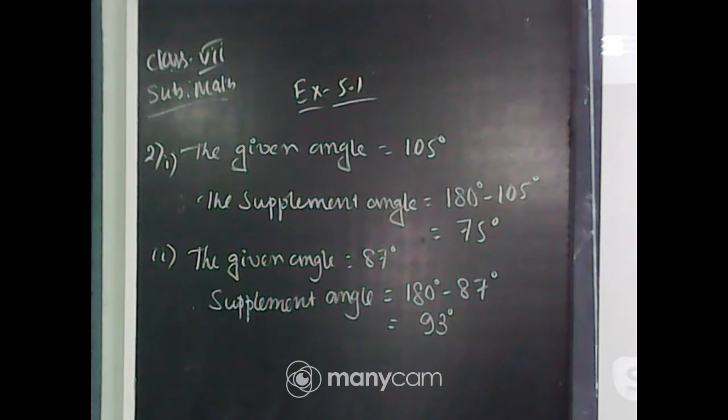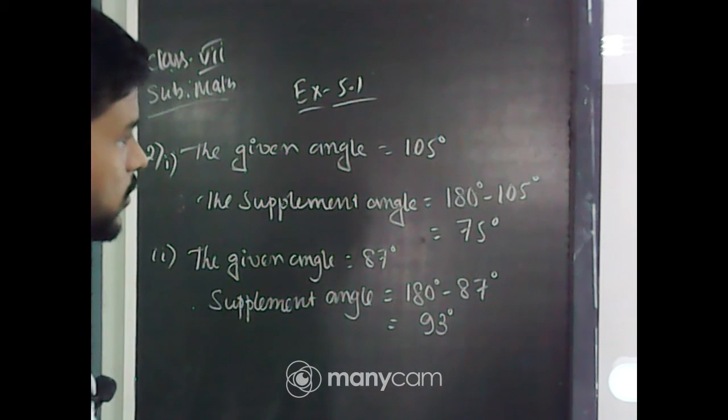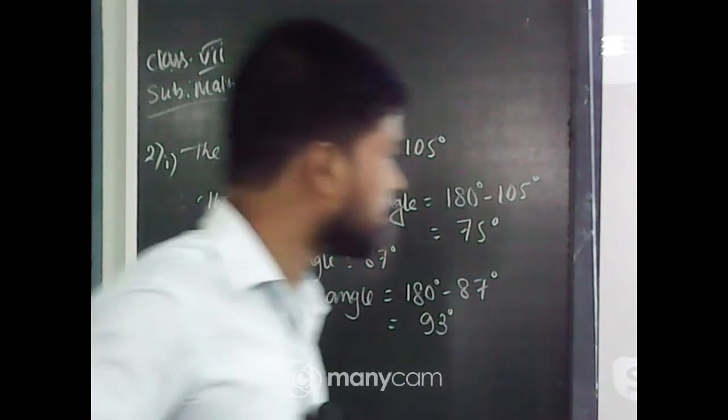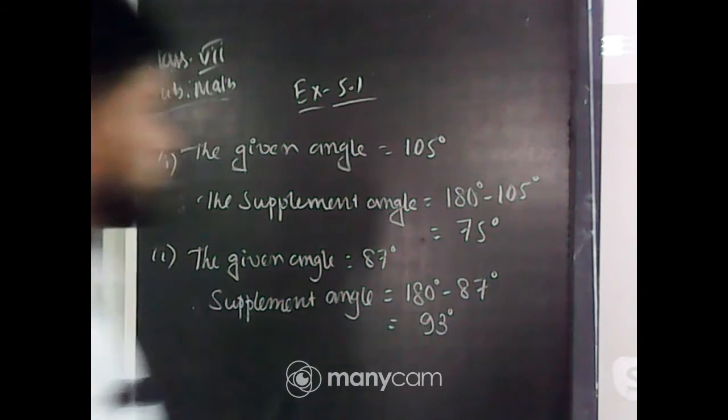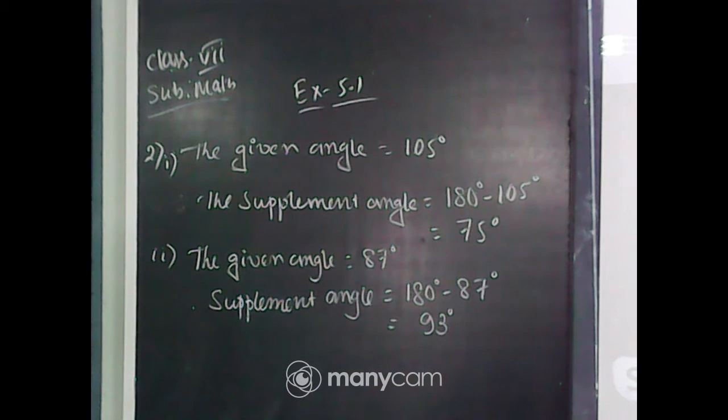Now, I will skip question number 3 for you. Nandini, you have made a mistake. If you subtract 154 from 180, how could it be 136? Just check your answer once. Okay, now let's come to question number 3.